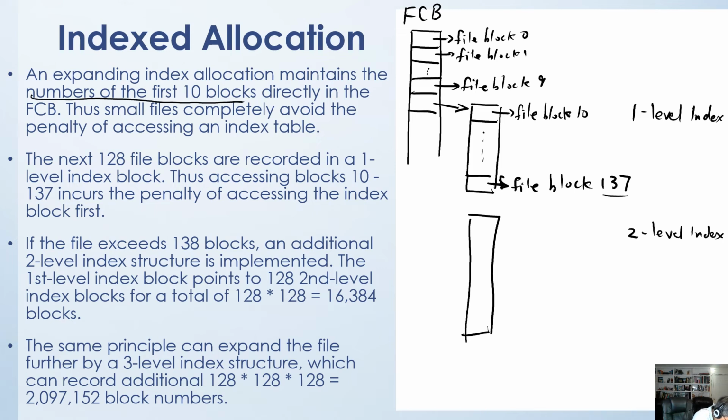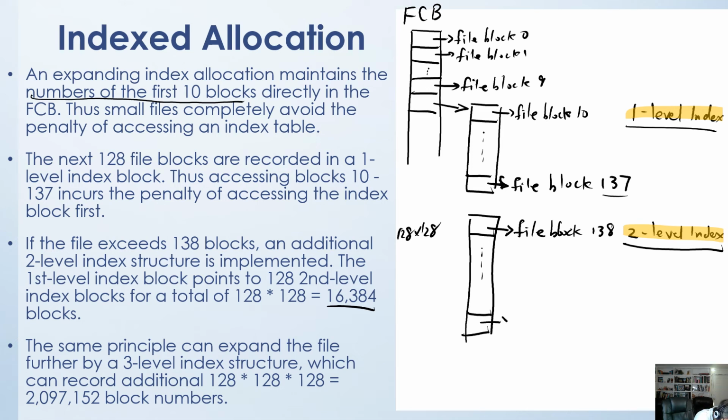Two-level index structure. Now, the first level index block points to 128 second level index blocks, for a total of 128 times 128, which gives you 16,384 blocks. Okay, so that's the two-level index. That's the one-level index. Now, the two-level index is going to start from file block 138, all the way to